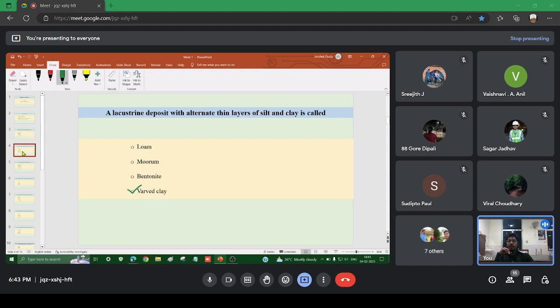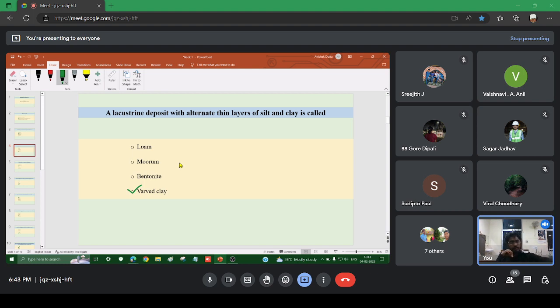Question number 3: a lacustrine deposit with alternate thin layers of silt and clay is called? Alternate thin layers of silt and clay is always warved clay, because the other three, as we had